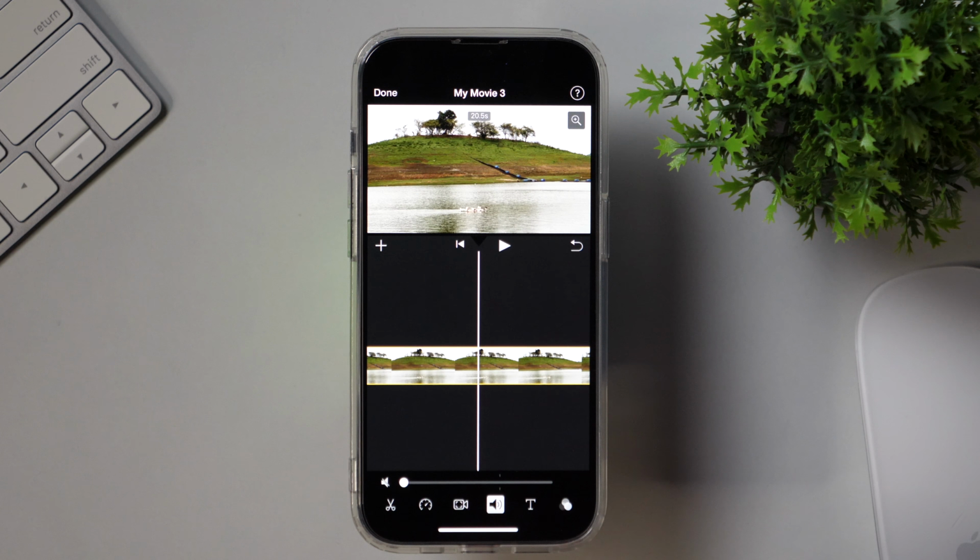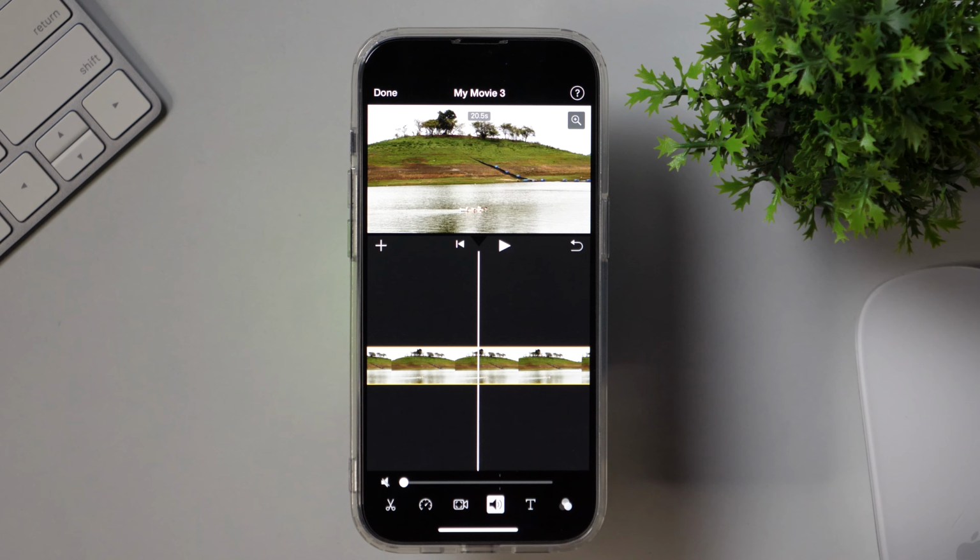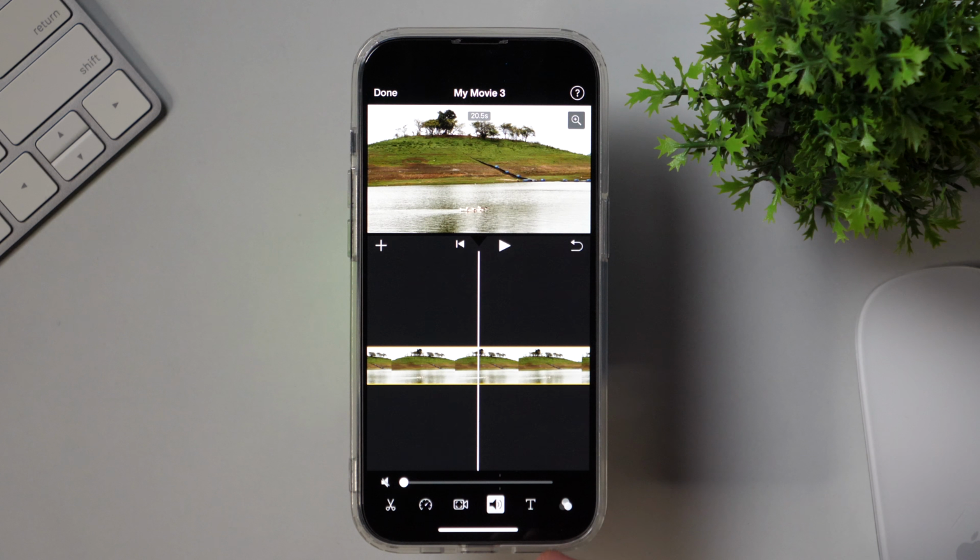Now the next thing I'll need is the music from YouTube that I want to add to this iPhone video. And since we are going to use YouTube to get the audio to be used as background song to this iPhone video, let me tell you, you can't just download any random music from YouTube and use that into your movie project, because the song on YouTube belong to their respective owners and you need to ensure that you have the permission to use the YouTube music into your iPhone videos.